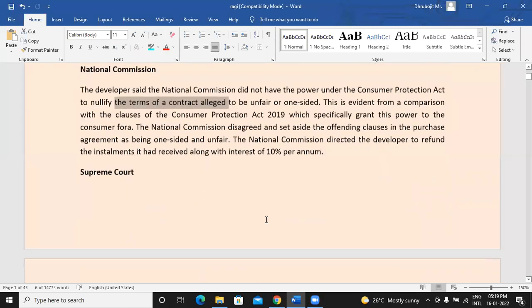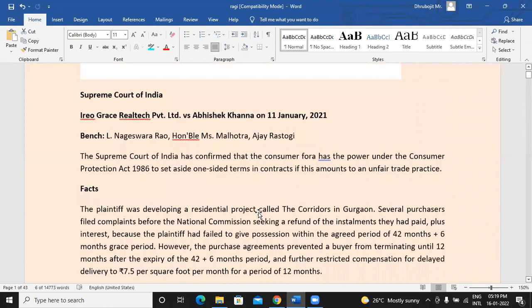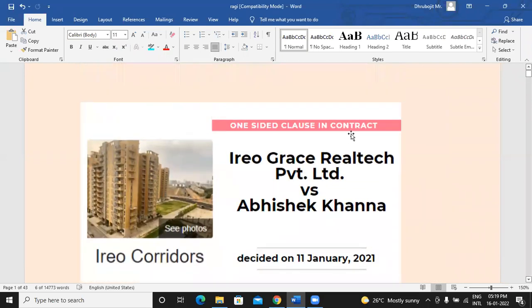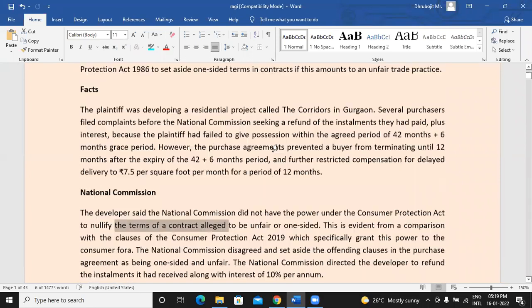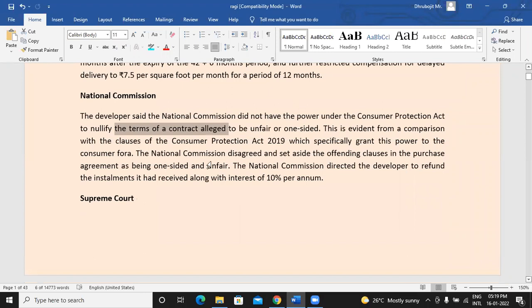National Commission said that this clause that the builder has mentioned is a one-sided clause. It is just talking about their benefit, it's just supporting them. Such kind of clauses should not be there in the contract itself. So National Commission said that this is not valid, and directed the developer to refund the installments it had received along with 10%